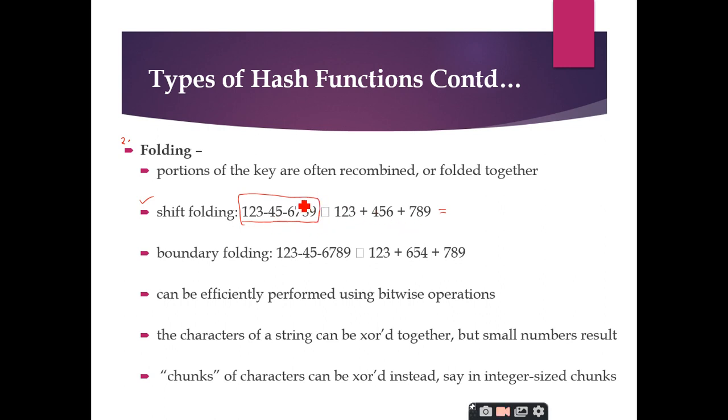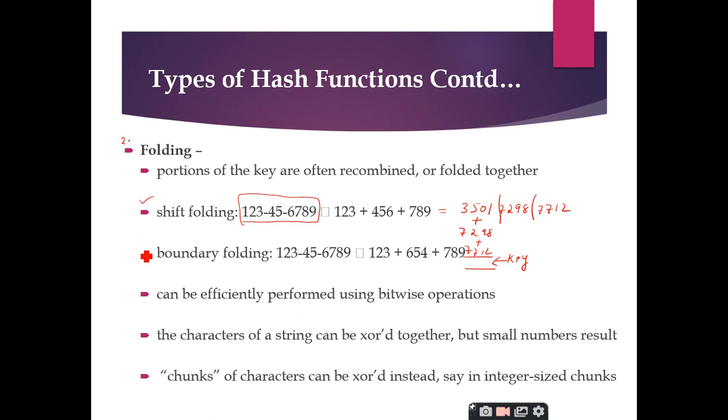So shift folding means you will take the entire number and then you will divide it into equal parts. In the previous class also I gave one example of the Aadhaar number, right? Any Aadhaar number consists of 12 digits. So this is my Aadhaar number. I can divide this Aadhaar number, which consists of 12 digits, into 4 parts of 3 digits each, or 3 parts of 4 digits each. So I divide like this, and then I combine them, 3501 plus 7298 plus 7712, and then I will add them. The resultant value which I get will be the key. I can take it like this, right?